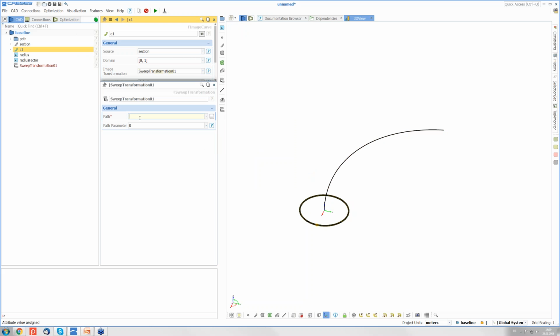In the sweep transformation, I can define a specified path. So I can either take my path here and drag and drop it here, or another option is also to hold the Alt key and click on the path object. Then it will be entered in that editor field. And additionally to the path, I can also specify the position along this path. So let's say we enter a value of 0.5, then